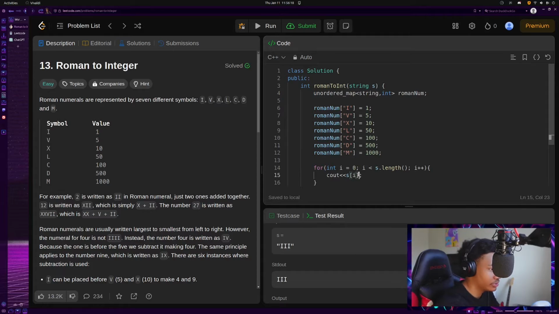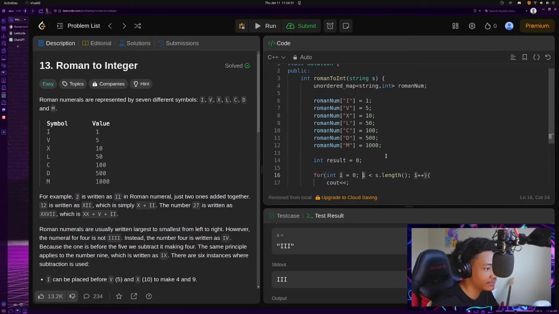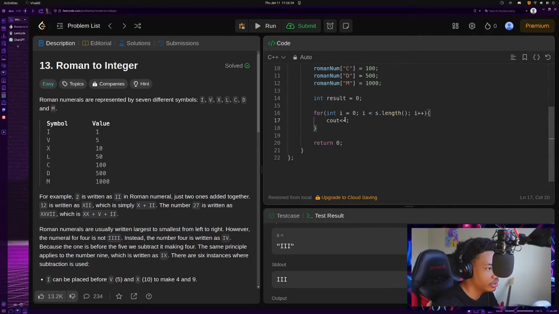Now we're going to go into here. I actually forgot one thing that we need. I need int result = 0 because it's nothing right now. So you can go in here, and for int i = 0; i++, then you're just going to add result += s[i], not s[i], sorry. Well, it is going to equal s[i], but it's going to equal